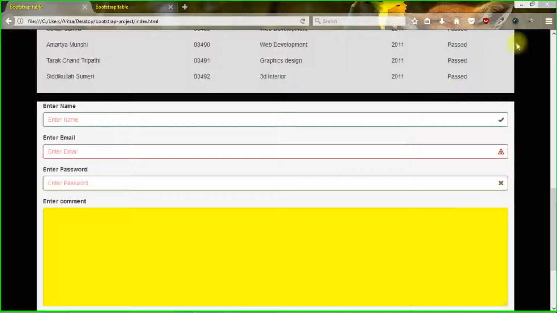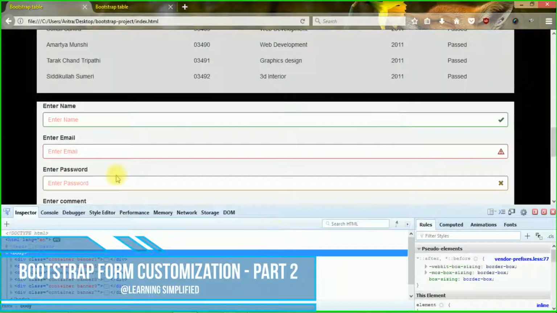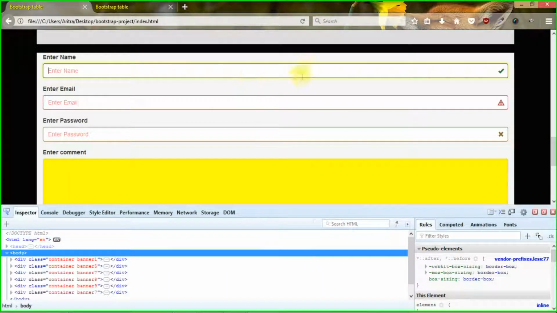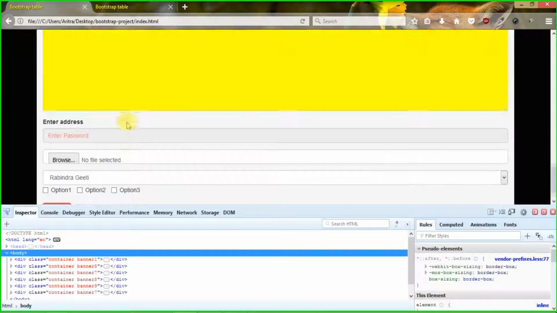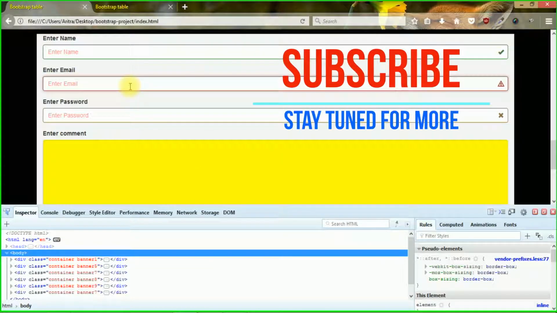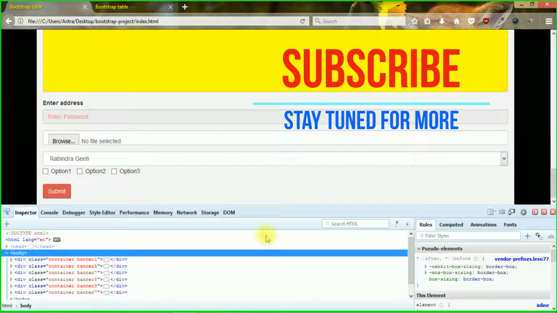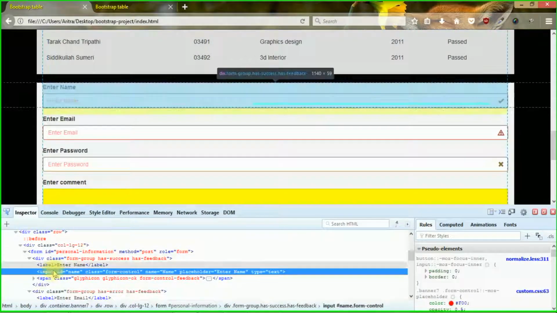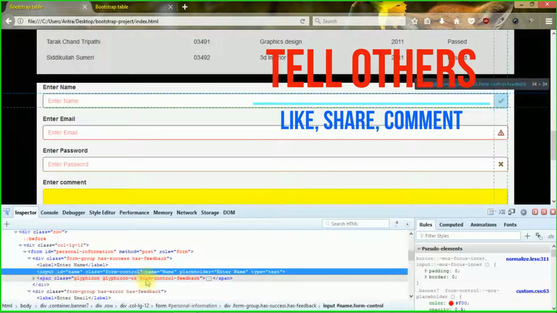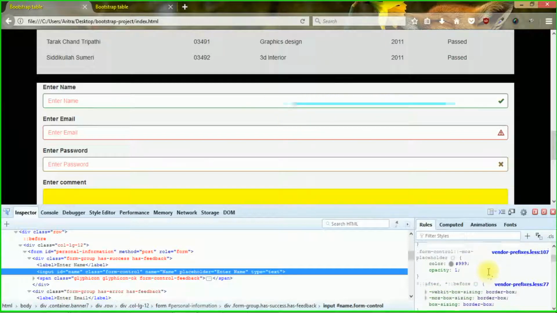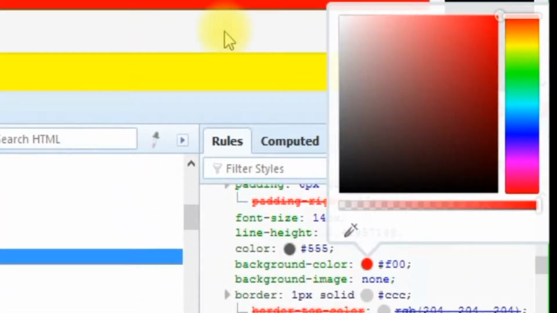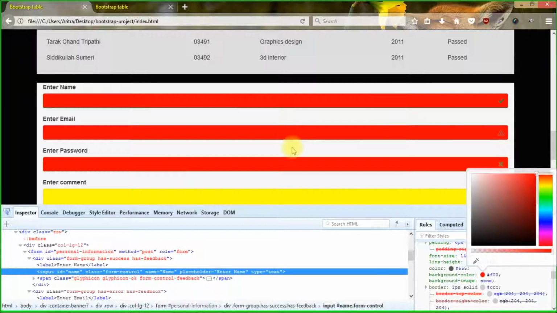Now let's get back to our project and activate Firebug again. We now want to change the background color of input type text elements only, but the text area, the input type email, the password or anything else will be left unchanged. All we need to do is click the left arrow, select it, input ID, this one. Now if we look into our background, we can see that this is the same background property that is going to take place. Change the color and you can see that all those color changes are taking place over here.